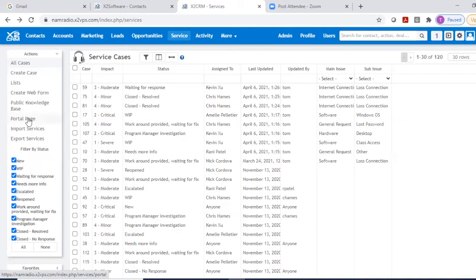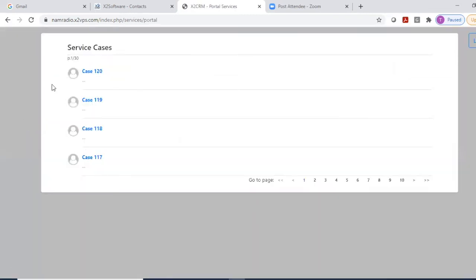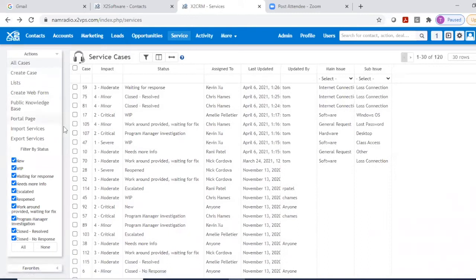We also allow the capability of a portal page that users can actually get access to come in and see their particular cases and communicate with the people working on that case. Now, your admin will set these up for you, but just recognize that we do have that capability within the service module. We can also import services into the system and export services out. And again, your admin would probably set that up for you. Now, if we go down into a particular case,